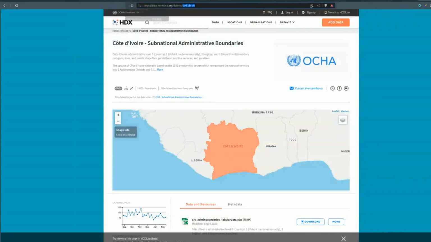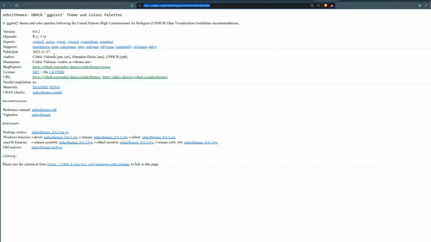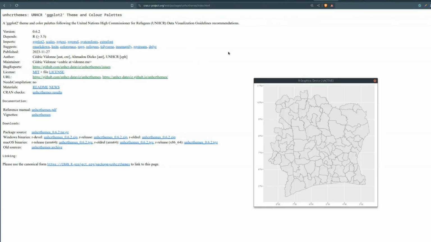So UNHCR team, this one, and you see Cedric is the main author, is basically how to follow our guidelines on data visualization and make sure that we have the same recommendation translated into ggplot. So it's basically something related to branding. I think you are doing a lot of work in that space. I can see from the report that you have on your page and everything. So the idea here is the same. Is definitely to have like